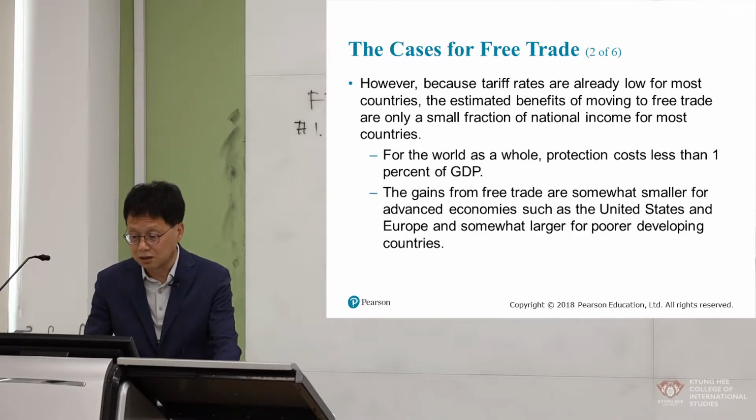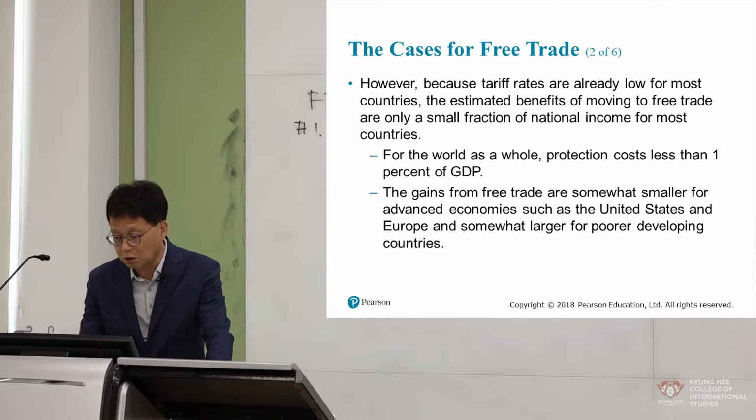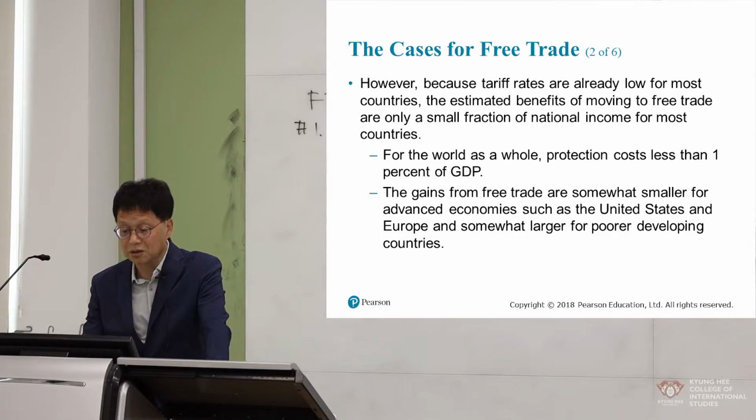That is the main idea of slide number 6. For the world as a whole, protection costs less than 1% of GDP because liberalization has already proceeded sufficiently. The gains from free trade are somewhat smaller, especially for developed countries such as the United States